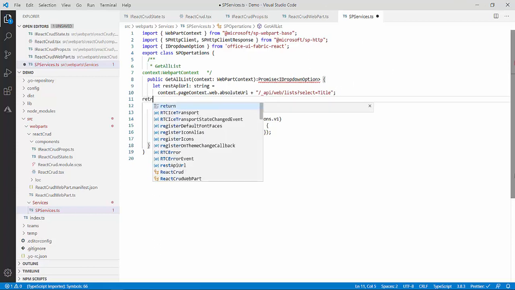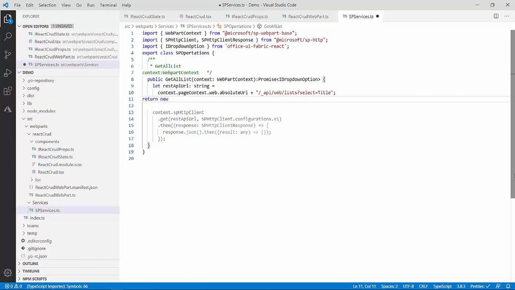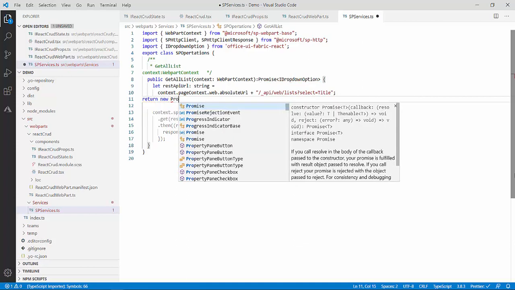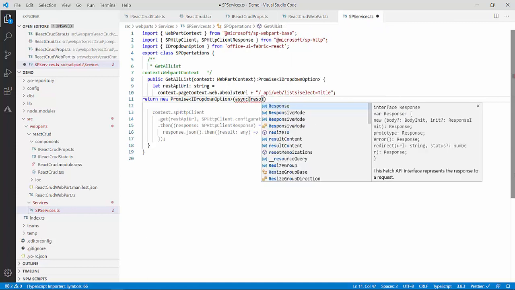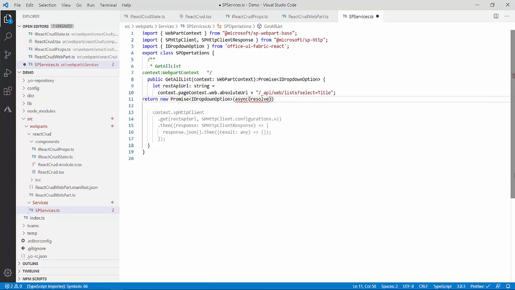To return a promise I will say return new promise. So return new promise, and what should be the type of the promise? IDropdownOption. Correct over here. Now this is fine. After this what I have to do, inside this I have to pass two methods, and the type will be async. One is the resolve. What will happen if my promise gets resolved, and what will happen if my promise gets rejected. So my promise returns two things, resolve and the reject. So I will handle these two things over here, resolve comma reject,